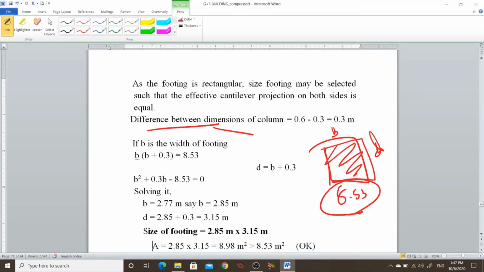So to find this, we take the footing as rectangular. How do I decide the footing is rectangular? Simple method. If the column shape is rectangular, we need the footing shape rectangular. Simple logic. If your column is square, your footing will be square. If your column is rectangular, the footing will be rectangular.